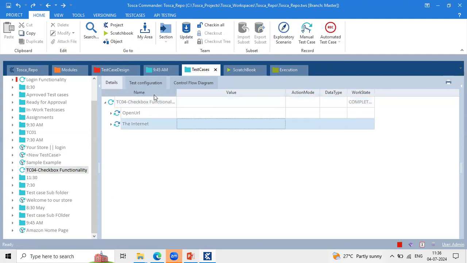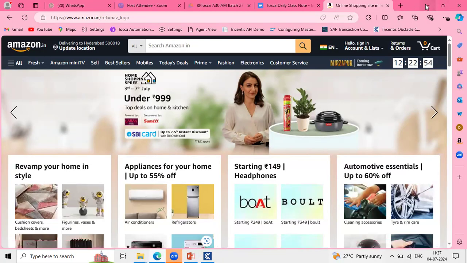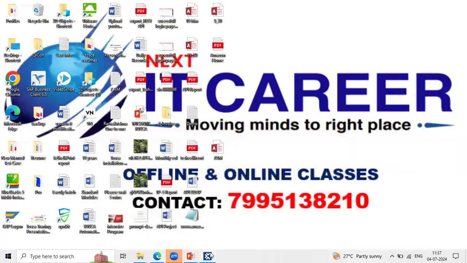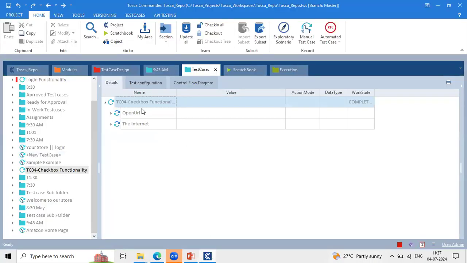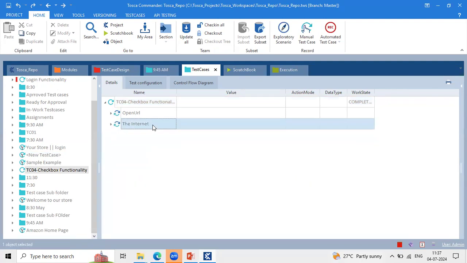Coming to the domain point of view, some companies specifically look for domain knowledge people. For example, if you have FICO knowledge, they expect at least some basic knowledge on FICO. If they're hiring for Tosca with Salesforce, they'll expect some basic knowledge on Salesforce.